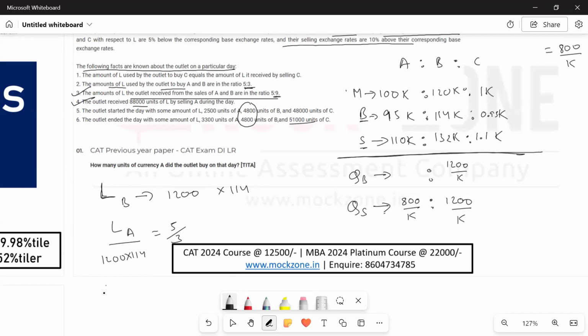So the amount of L used to buy A is 5/3 into 1200 into 114, which is how much? ये 400 हो जाएगा, तो ये हो जाएगा 2000, 400 इंटू 5, 2000 इंटू 114, which is how much, 228000। This is the amount of L used to buy A during that day। ठीक है।